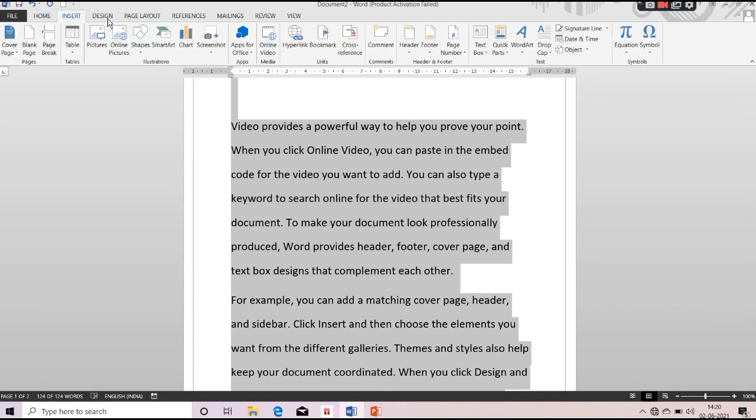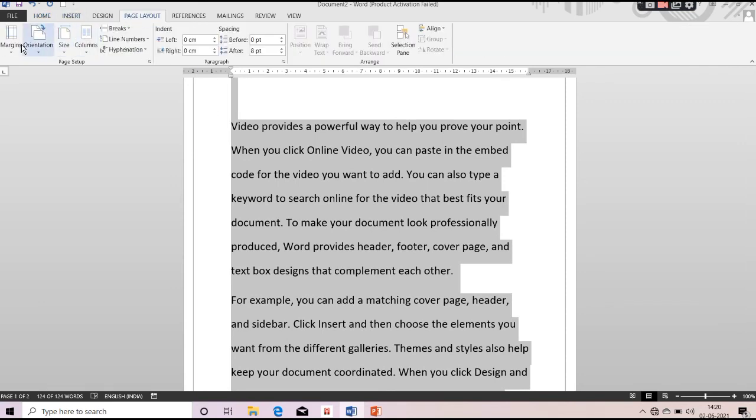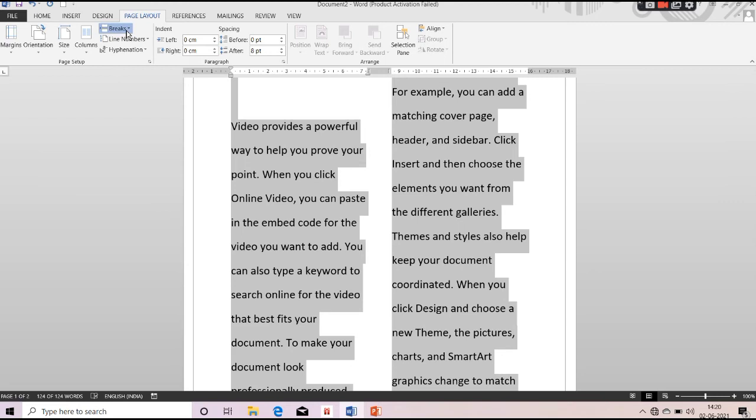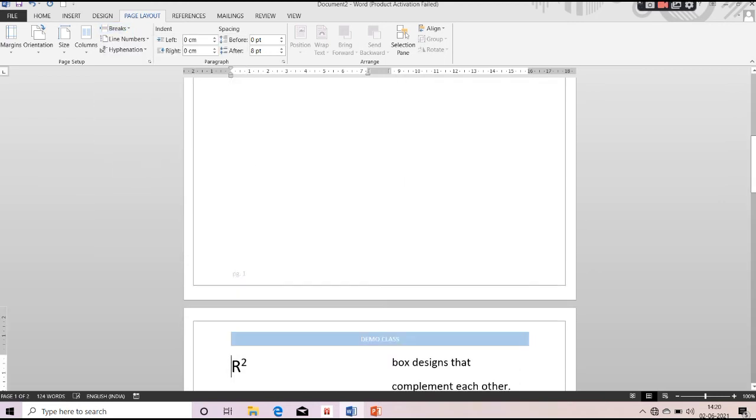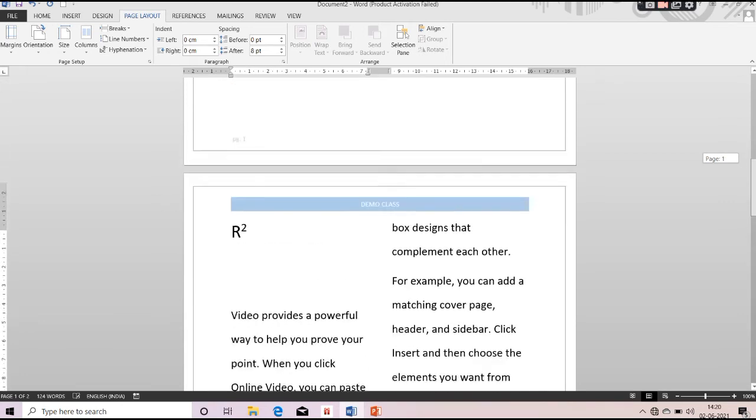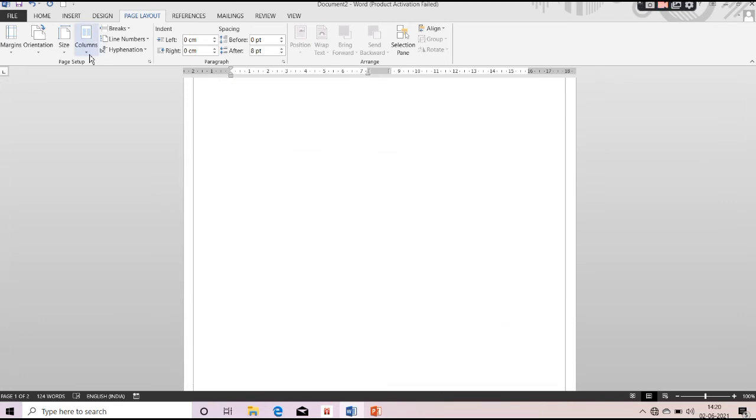Now I go to the page layout group where you will find orientation, columns. If you want, you can make it 2. If you want a break, that also you can make. In the next page it will go. Okay, this is how you can do your breaks and column button.